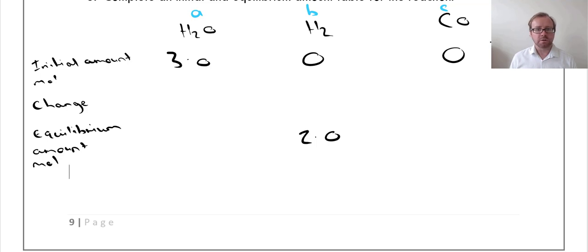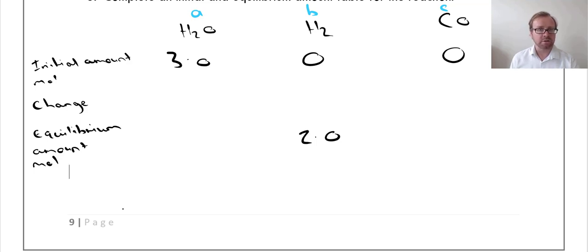So we've drawn our table. We've put our values in. We started with 3 moles here, and we've produced 2 moles of hydrogen. Again, like we said for our Kc calculations, if we don't have an initial amount in moles, we assume that it's 0. Okay, so we can work out our algebraic expression now by saying that we know that 2 moles